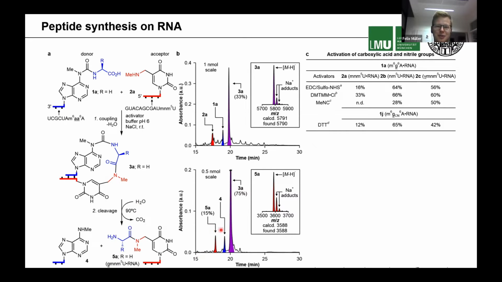When we were heating for longer times, we could also observe degradation of the RNA strand. RNA itself is not a very stable molecule. So at the same time, when we want to cleave one bond, the phosphodiester is also hydrolyzing. As soon as we proceeded with the reaction for a longer time, the RNA strand began